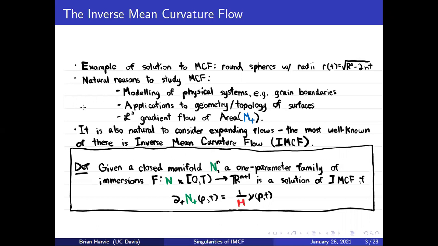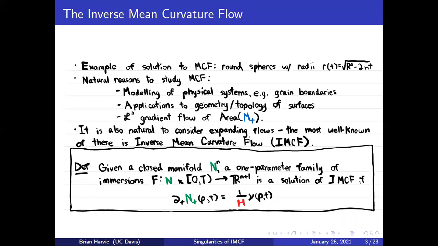So mean curvature flow is sort of the canonical contracting flow, but it will not be the focus of this talk, as the title implies. For this talk, I want to focus on expanding flows, and specifically the most well-known expanding flow, which is inverse mean curvature flow. So inverse mean curvature flow is an outward directed